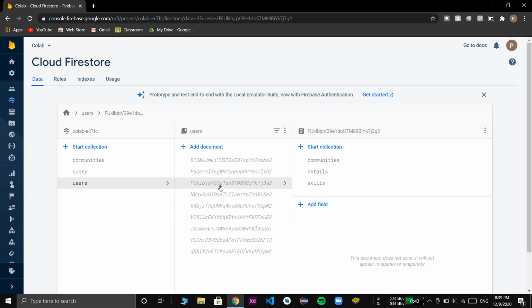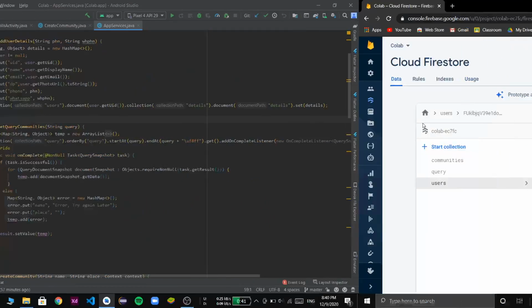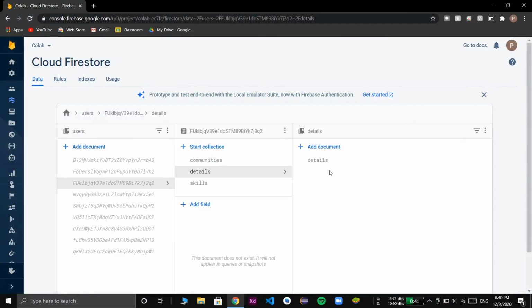So these are all the UIDs. If I open one UID, we can again see there are different collections in here. Right now we have created a collection called details, as you can see here, and in that collection we have again created a document called details. If I open that details collection, we can see that there is one more document called details, and if you open that,